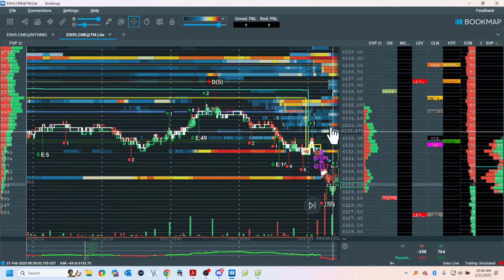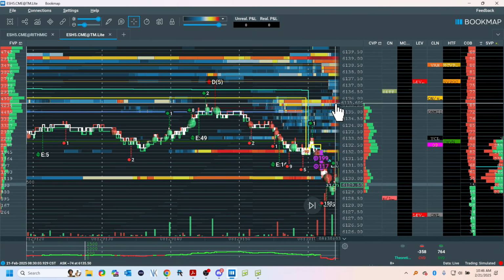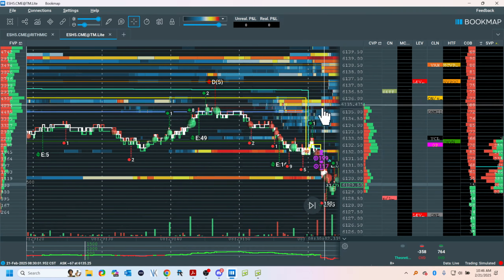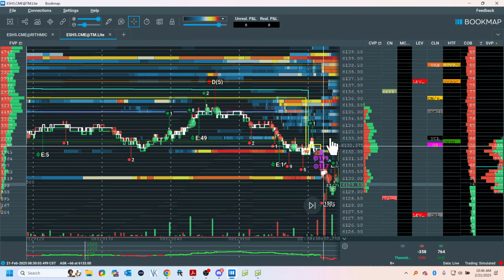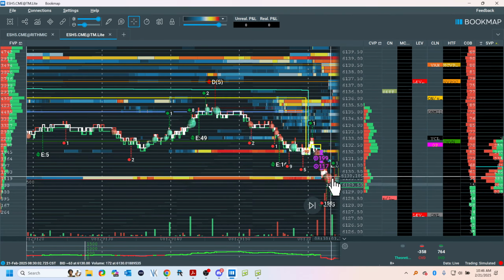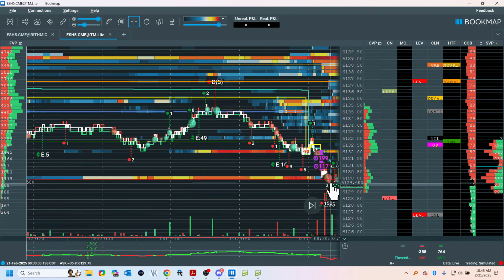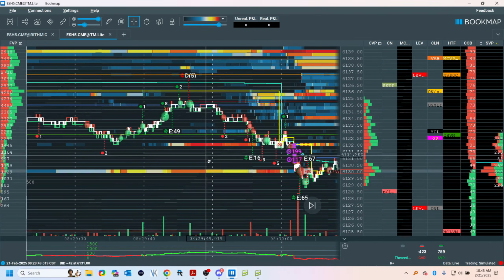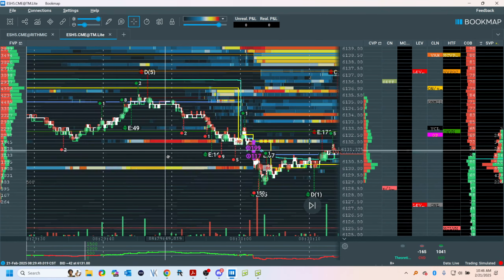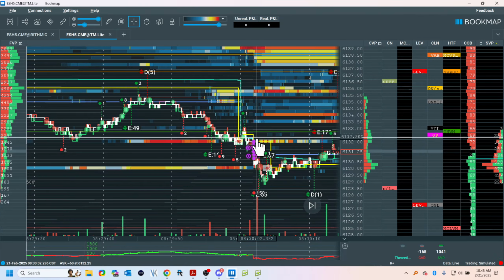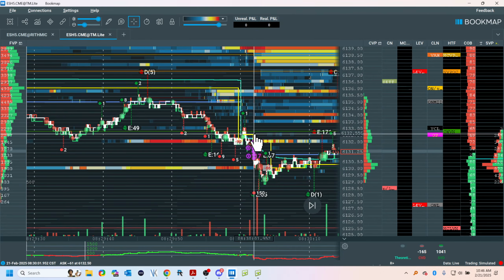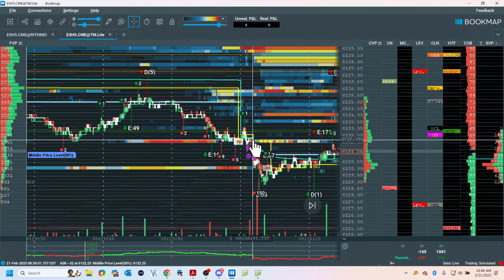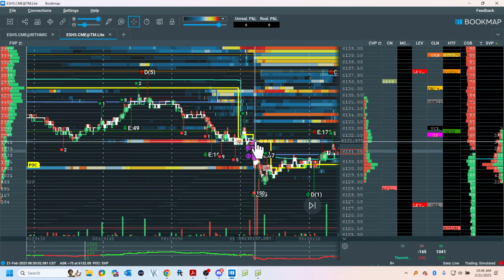Do I rotate up and check this price because it's the last retail price? That would be reasonable, and even up here. Or because I'm seeing selling, do I get sellers coming out of the chute? So right here, I see this, and it's still aggressive selling, and I'm looking for a counter rotation. Let's look. Here's my level. I've got one here, and I've got one there. And this is called VPOC migration.